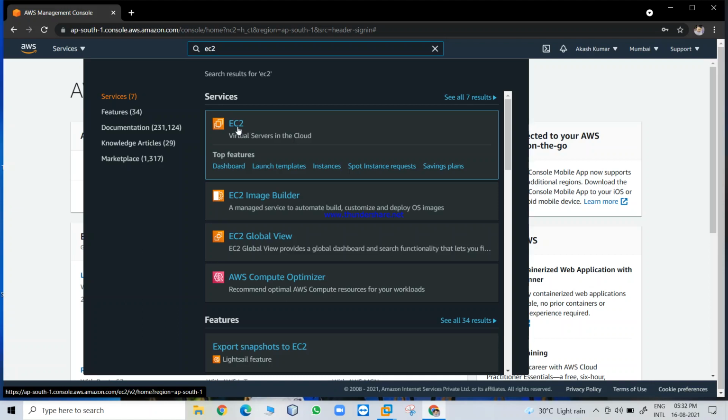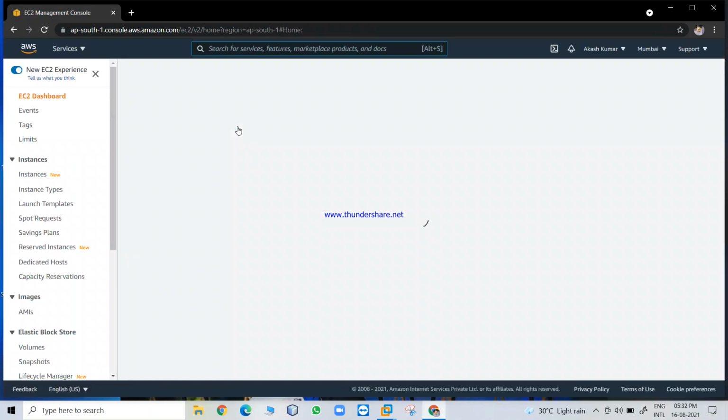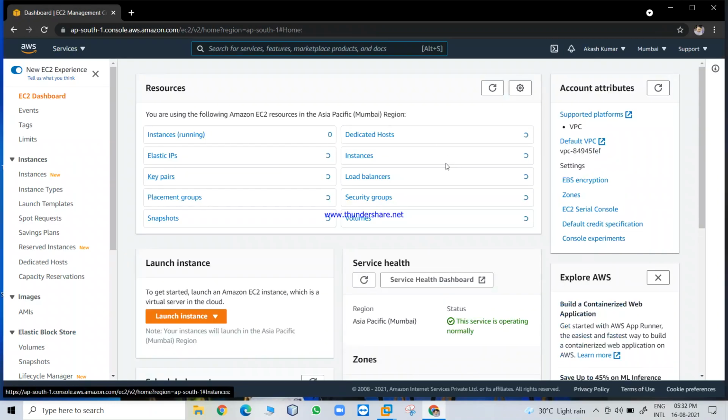Here you see, here we have to click. Then the next step is we have to go and click on the search of EC2 instance. Here you can see.